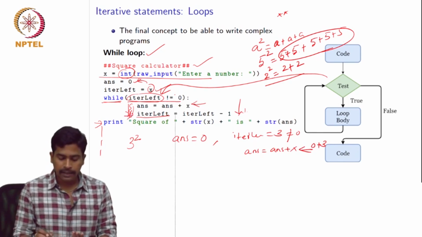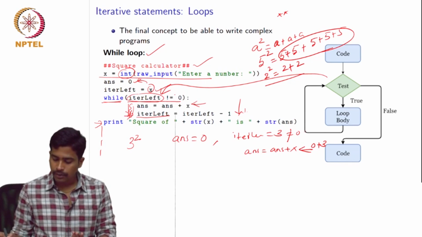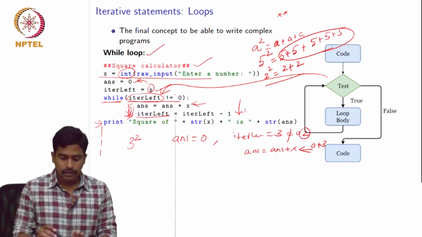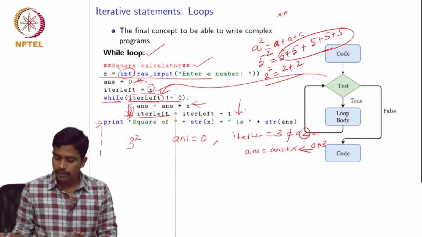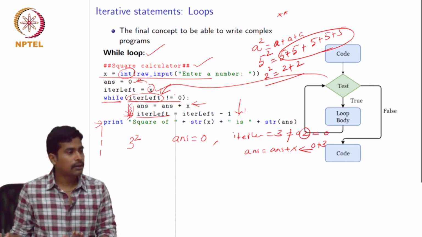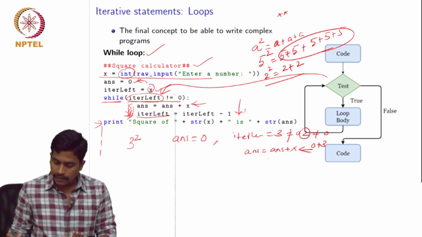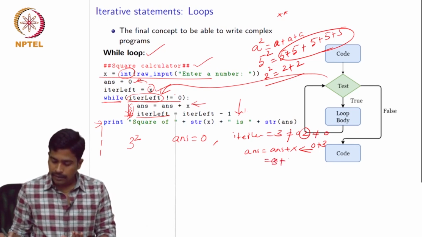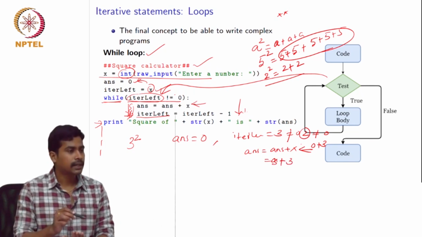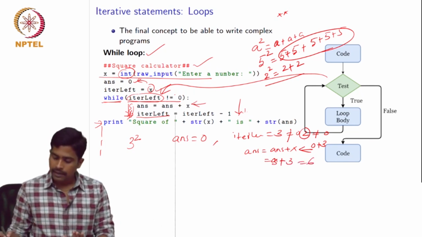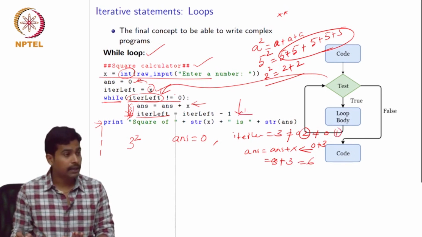and in the next statement we are reducing this value to 2. So again we come back to the while loop and we check if this value is equal to 0 or not. Since 2 is not equal to 0, it again comes back into the while loop. Again we add the answer, 3 plus 3, because earlier answer was 3. So now it becomes 6 and we are decrementing the value to 1 using this statement,